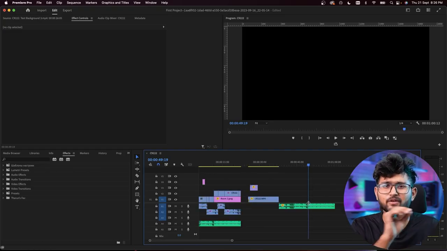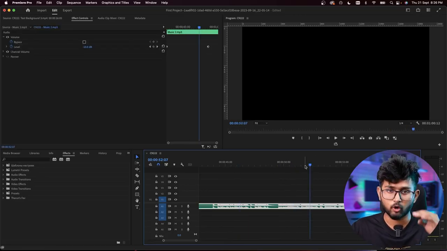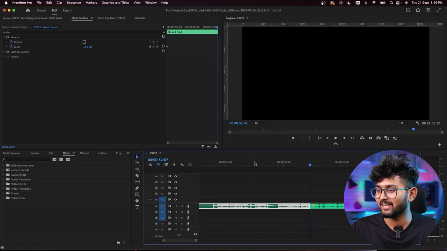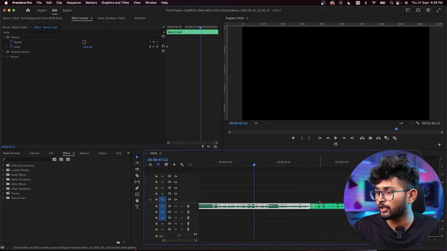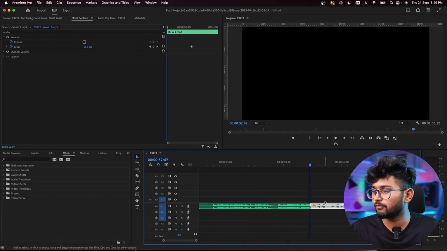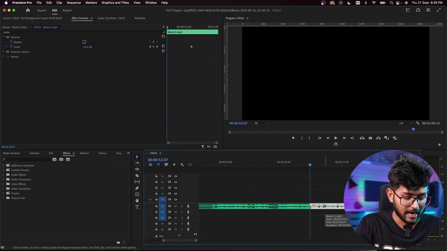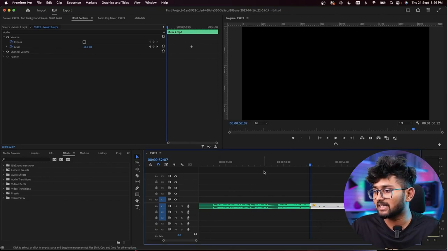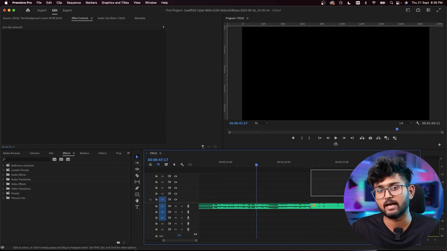So basically most of the beginner editors, what they do is, suppose from this point to this point, if they want sound to be lesser, they'll cut it here, okay? Here they'll apply -5 or something, and from this point onwards, if they want a higher volume, they'll go here, cut it, and then click G and 10. So from here to here you had -5, but from here to here you had 10, right?